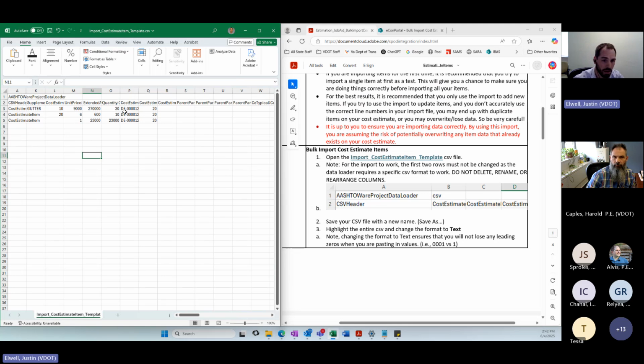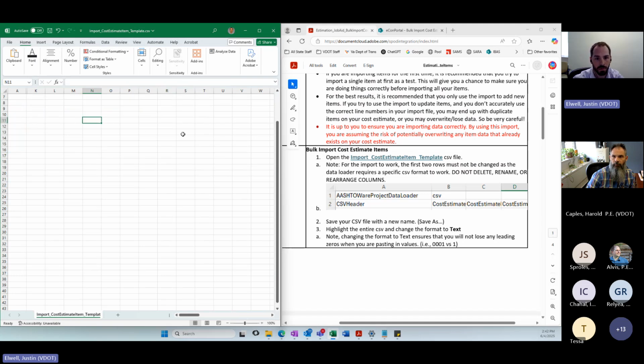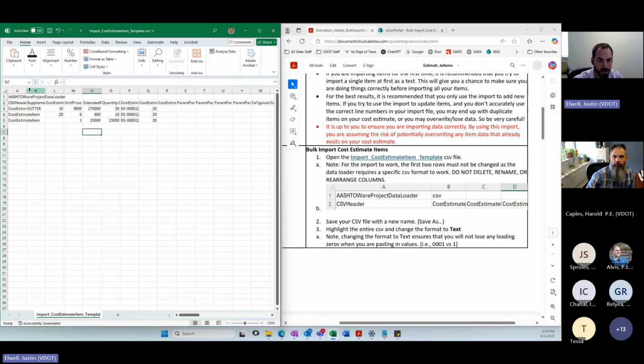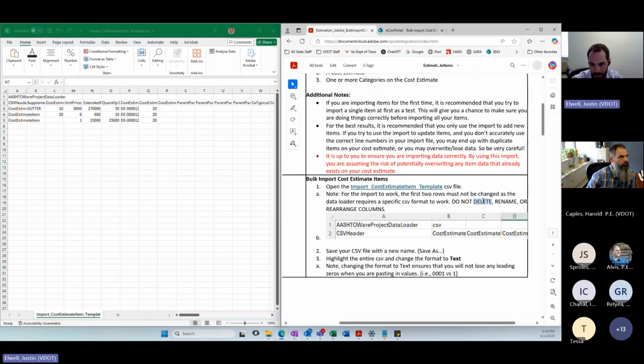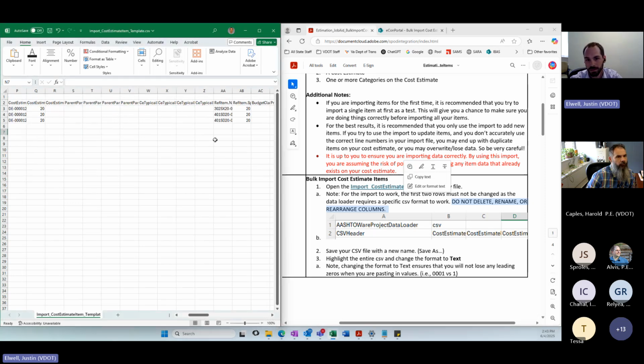For today's call, I'm going to hide some of these columns just so that we can see everything in one view on my condensed window. But just know that even if you hide these columns, the moment you open up this file once again, it's going to go back to the default view. That's because CSVs store raw data only. But that being said, do not delete, rename, or rearrange any of the columns, but you can hide if you need to.